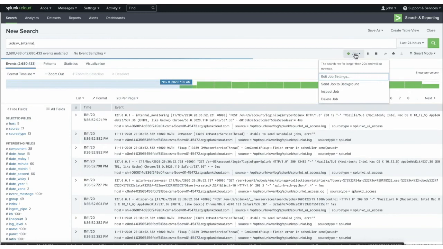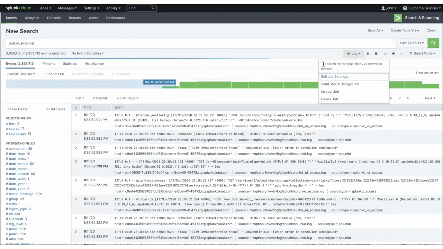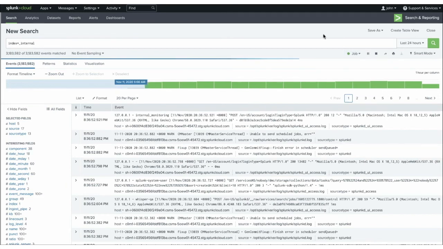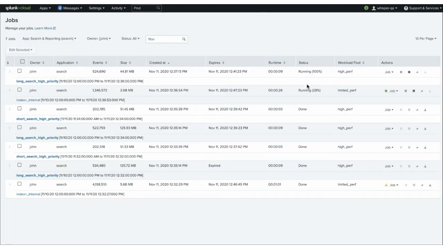After the search ran for a while, I can see that as a user, I'm getting a message that my search ran for more than 20 seconds and now it will be throttled. And if I go back and look in the job activity page, I will see that my search is now running in low priority pool. So let me show you that on the jobs activity page. You can see this is the search that I ran as John. Initially it was running in high priority pool, but after 20 seconds it was moved into